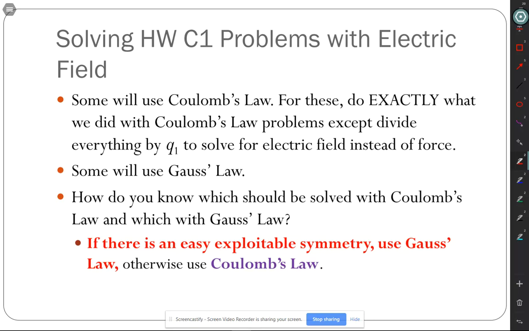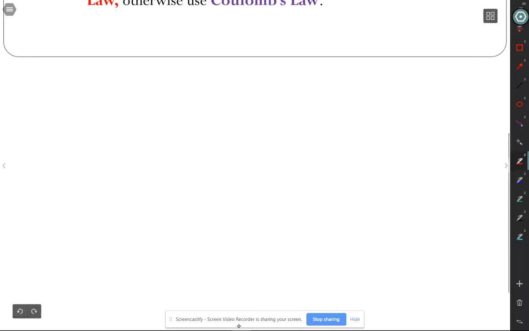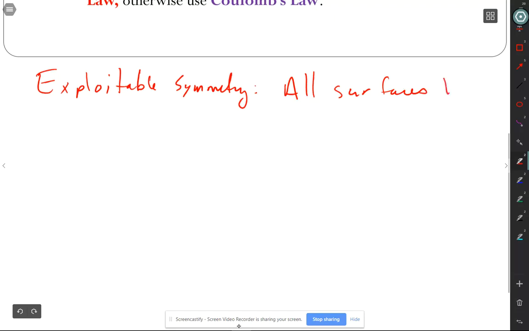But that then begs the question, what's a nice exploitable symmetry? You see I've got it up there in red. What is a nice exploitable symmetry for us to use? A nice exploitable symmetry is a symmetry that allows us to, and I'll just scroll up, right here. Exploitable symmetry: all surfaces have an electric field that is perpendicular to the area, so E dot dA is 0. That's one option. Or B,